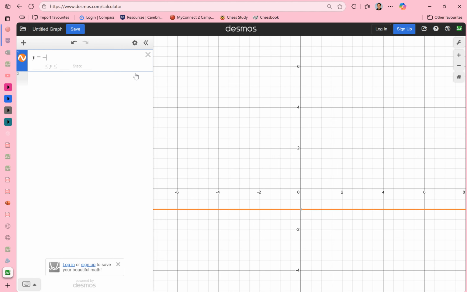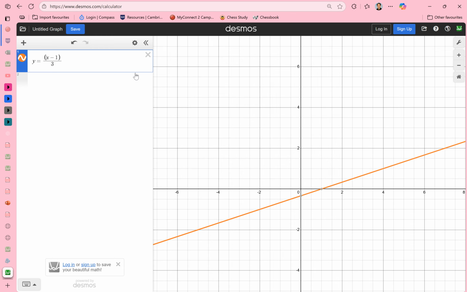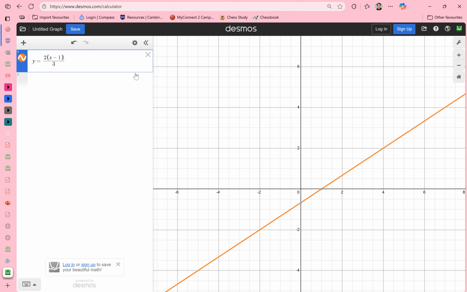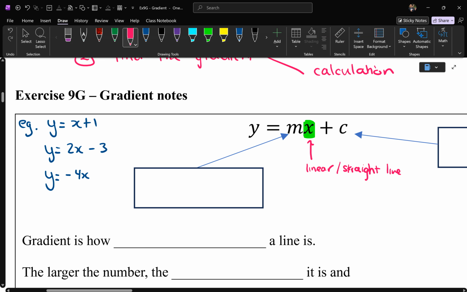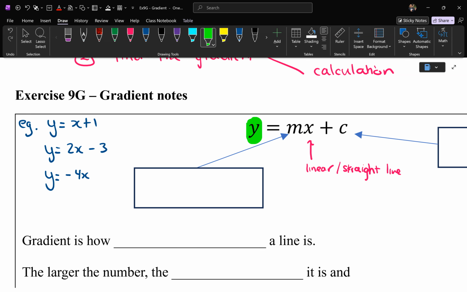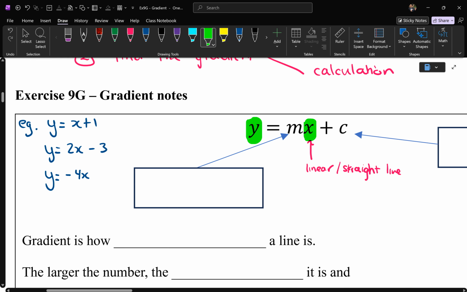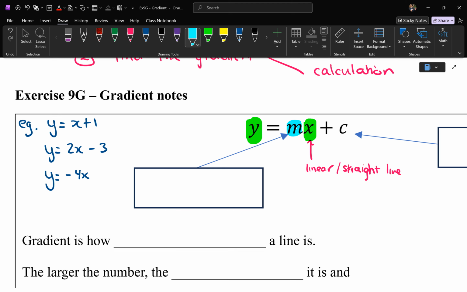Even if I wrote it like this. Even if I wrote it as x minus 1 all over 3. See, notice how I put brackets, but there's only 1x. And even then, it's still a straight line. You see that? So even if I put a 2 in front of the brackets, and then I say plus 7 or 8, it's still a straight line. So what we're now saying is you can make up any rule you want. Okay, so as long as y is equal to, and if you just put an x there, and then you come up with any other number you want for m and c, okay, in those positions,